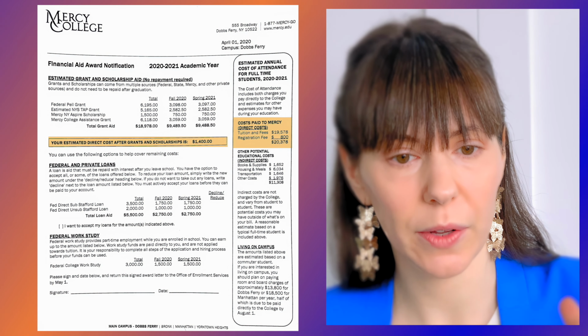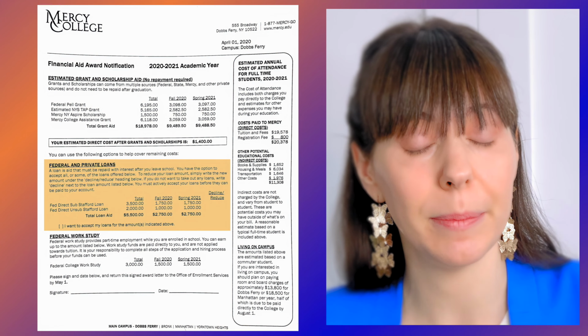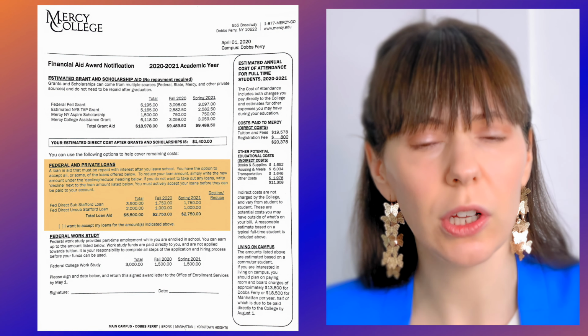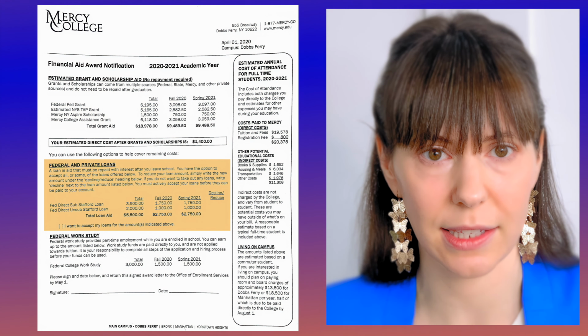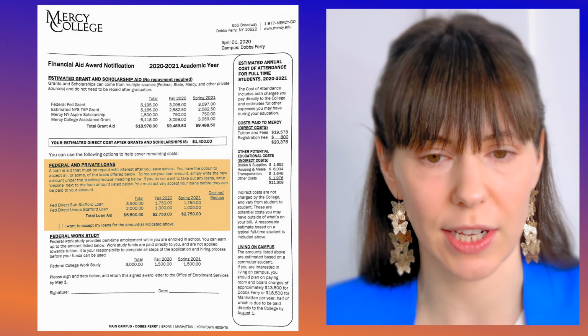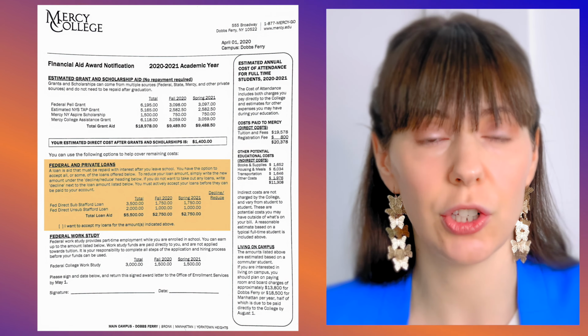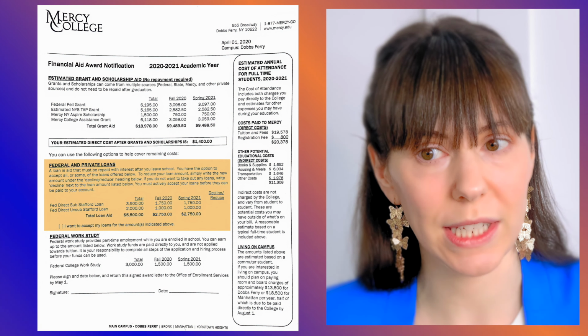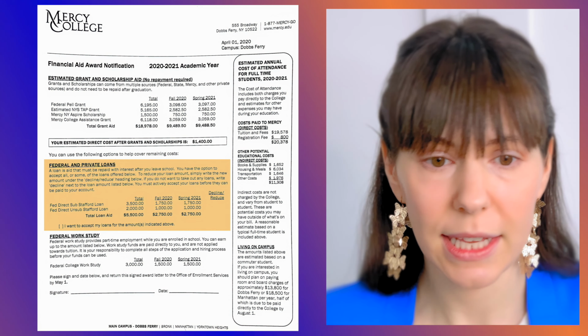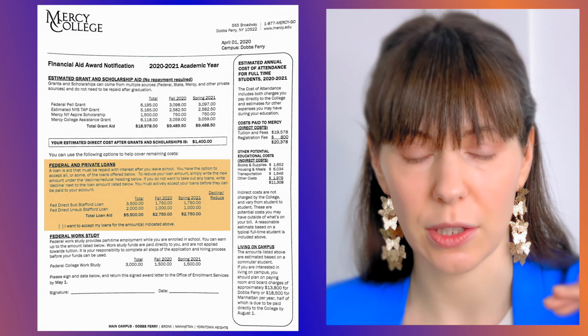Then you go down to where they have the loans, and so again, this is set up differently from Gabby's letter. When you look at Gabby's letter, the school assumes that you'll take those loans, and it says, this is how much everything will cost if you accept these loans. Miguel's two letters laid out the loans as an option, but they sort of didn't presume that you would take those loans. So here again, same thing is happening. They are laying out the loans as an option.